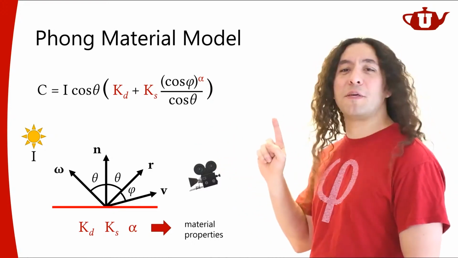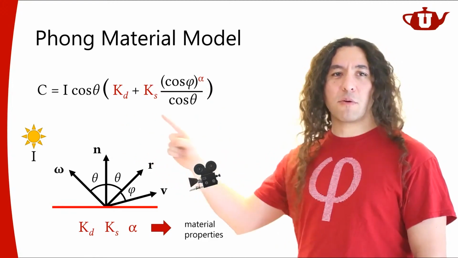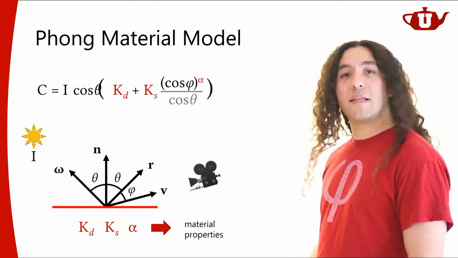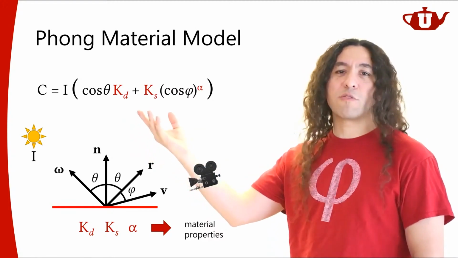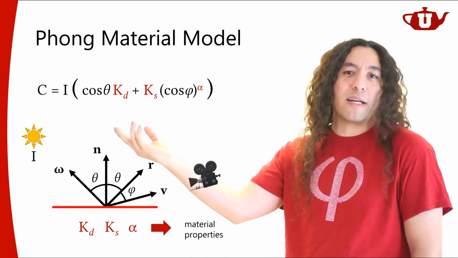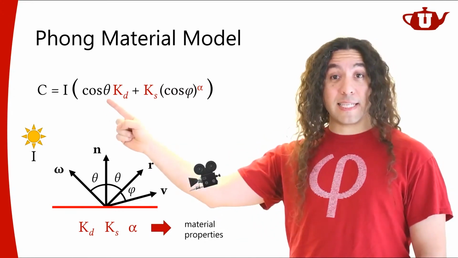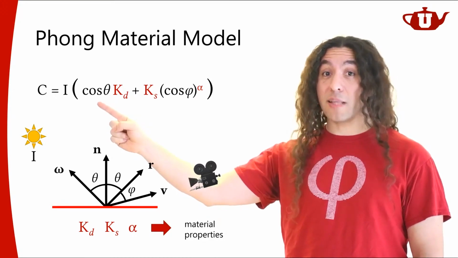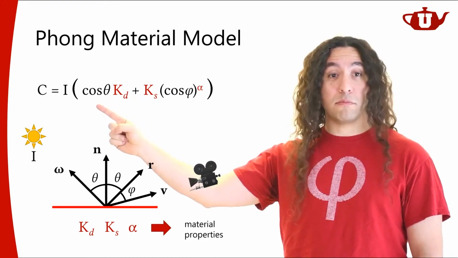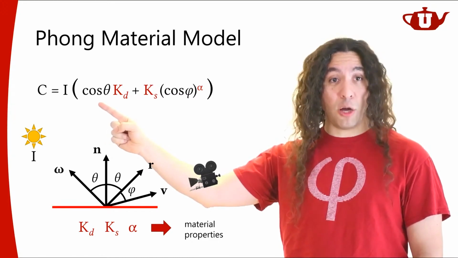So if you Google this, you're not going to find this form of the equation. You're going to find this form of the equation, because for historical reasons, this is what Phong wrote. But I want you to understand that this is the geometry term. Okay? This is not the diffuse term. No. This is not specific to diffuse. All right? This is the geometry term.